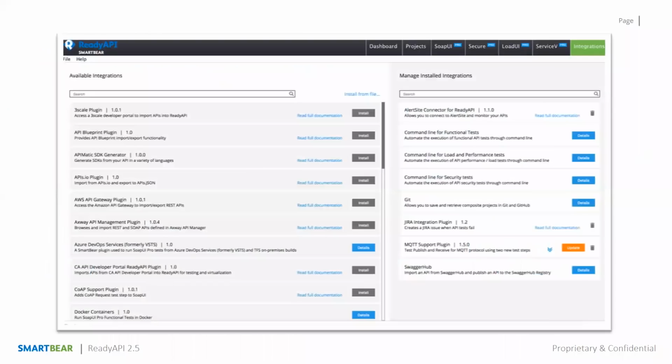The next slide describes something that we felt our customers didn't really get full insight into. As those of you who have been using ReadyAPI for a long time know, we have a ton of different integrations already. We have integrations with lots of plugins. We have command line. We have all sorts of ways to integrate ReadyAPI into your infrastructure, whether for CI/CD or test management or whatever. We hope you all know that. But we realize some people don't, and they certainly don't when they get started. So we added this new integration page